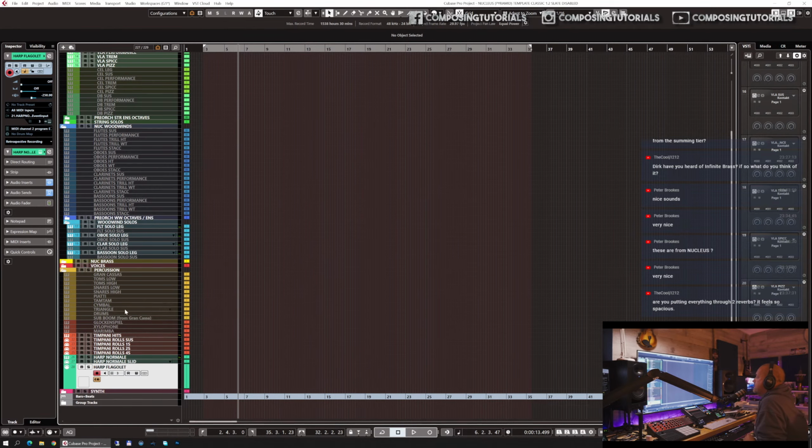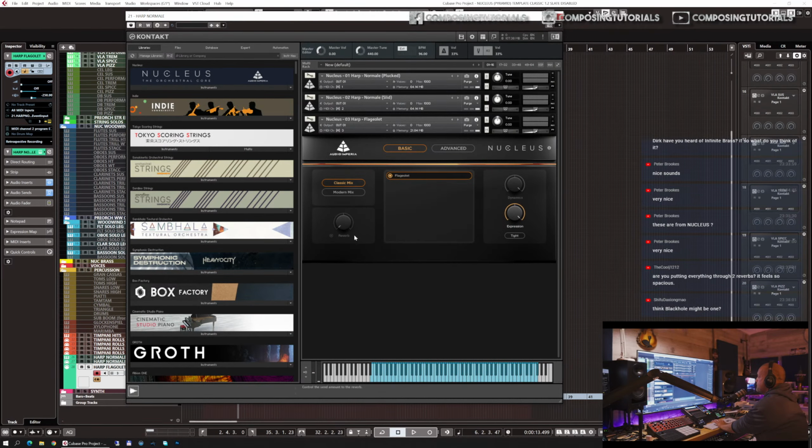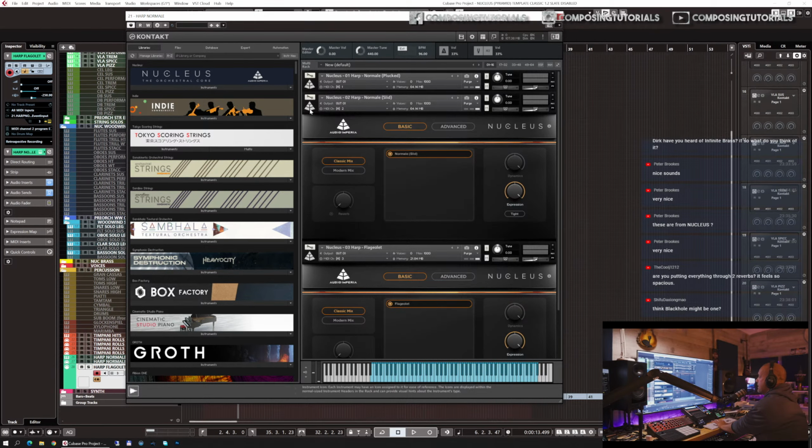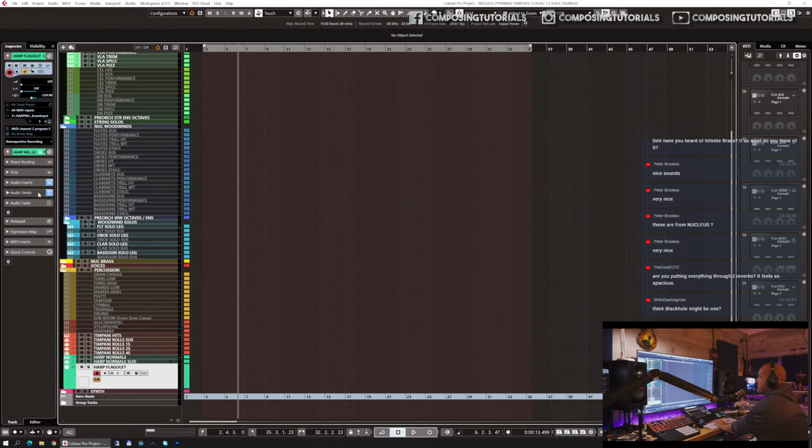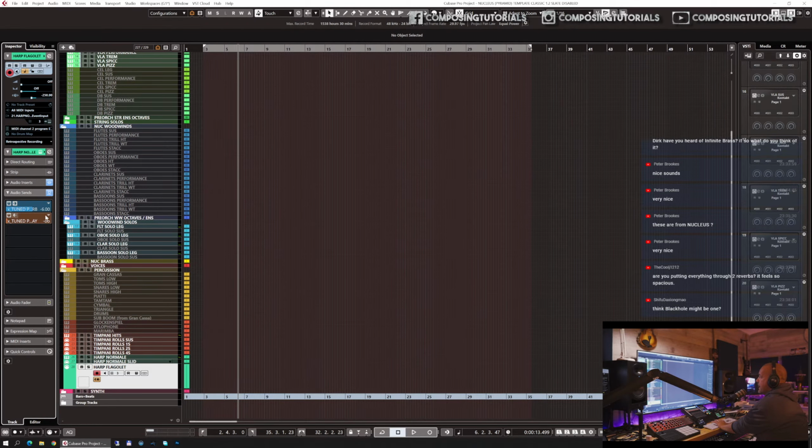Are you putting everything to 2 reverbs? No. So the onboard reverb is turned off for all the instruments. So there's no reverb, and when I turn off the reverb, it sounds like this. And I'm sending it,